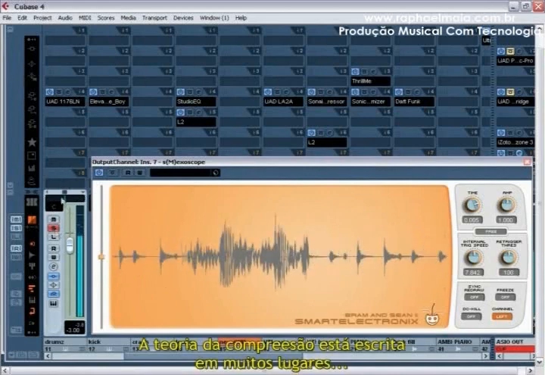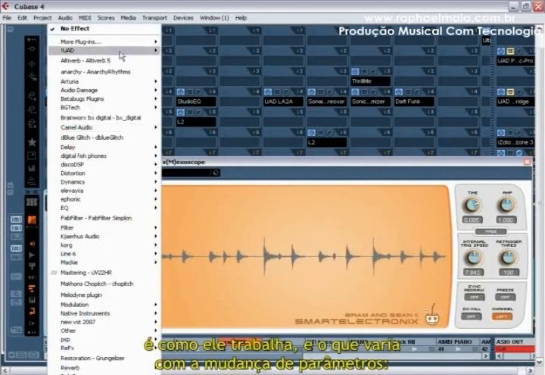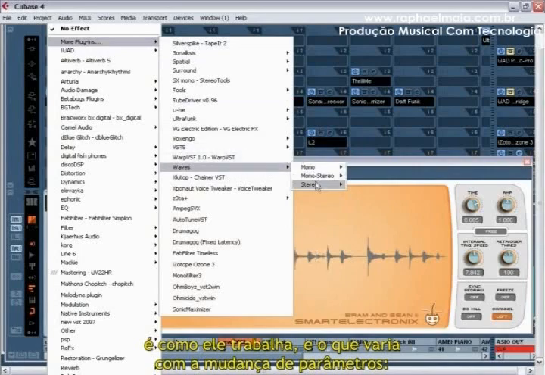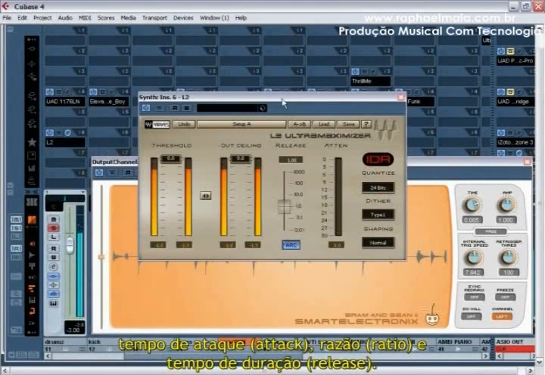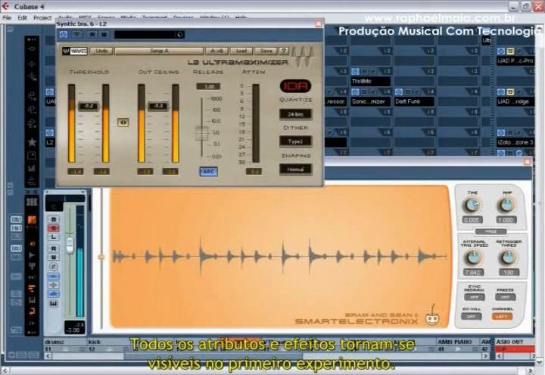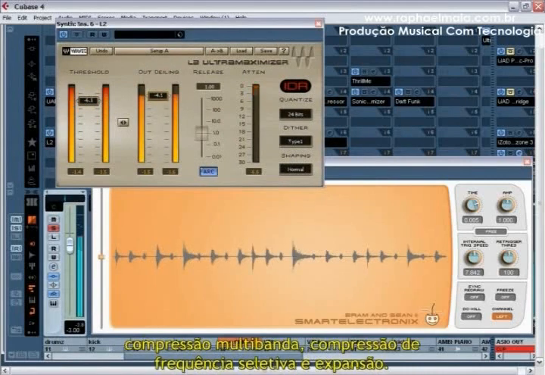It is written a lot about the theory of compression and everything to know about that. It's the principle of work, what varies with a change of different parameters: time of attack, degree of ratio and duration of release. All attributes and effects become visible at the first experiment. Very interesting are other sorts of compression: multiband compression, frequency selective compression and expansion.